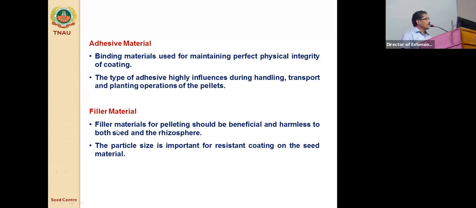Similarly, the filler material should be selected so that it is beneficial and not harmful to the seeds as well as rhizosphere bacteria or rhizosphere organisms. The particle size is very important for making the pellets.